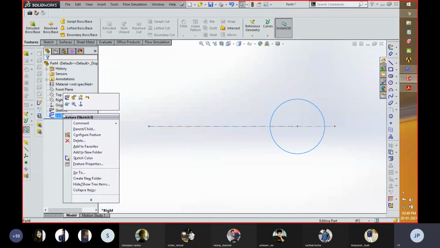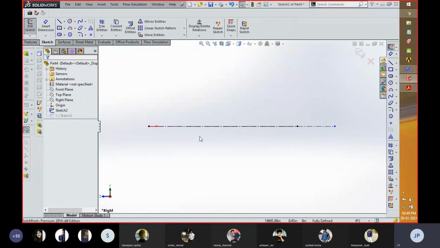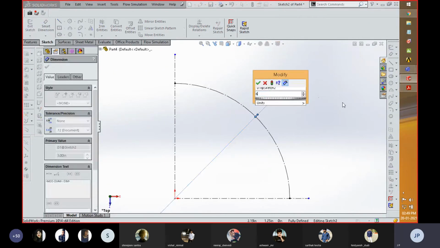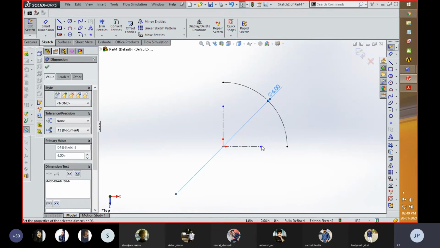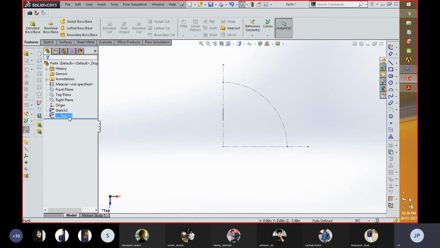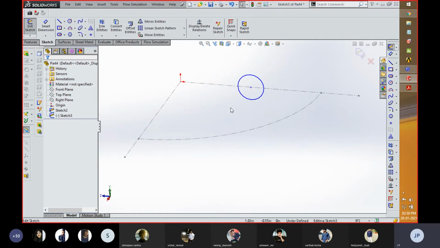So the sketch which I created over here for following the path should be 3 inches, 6 inches. I mistakenly didn't see the R value. Now I'm going to check the circle which I created, and this is to be created.